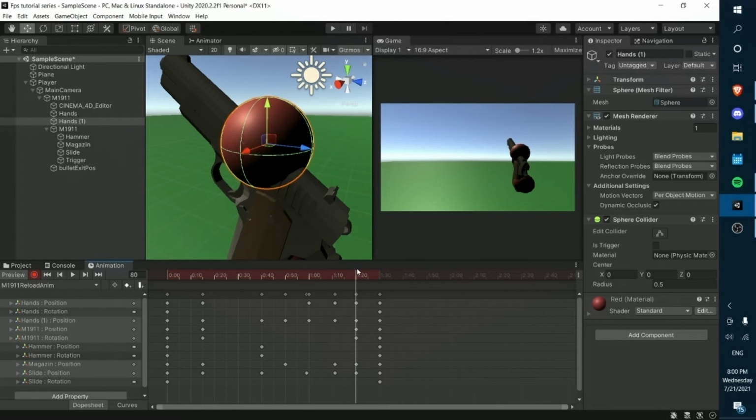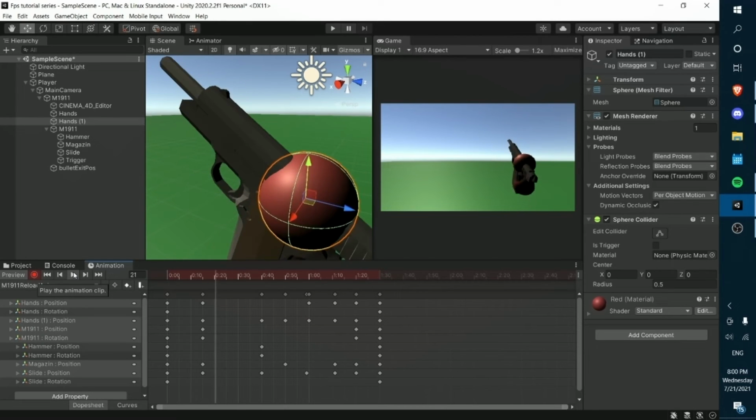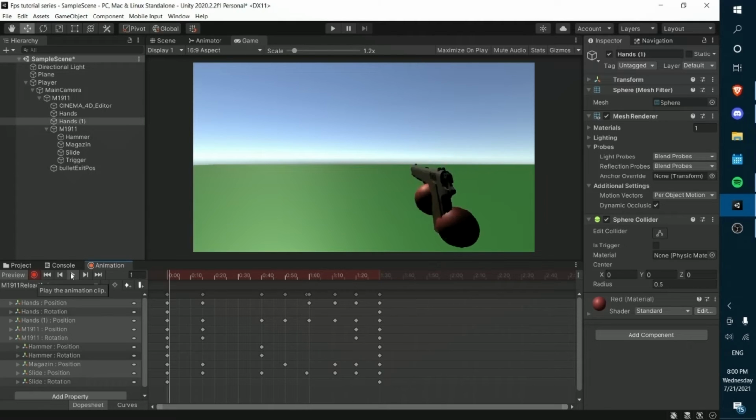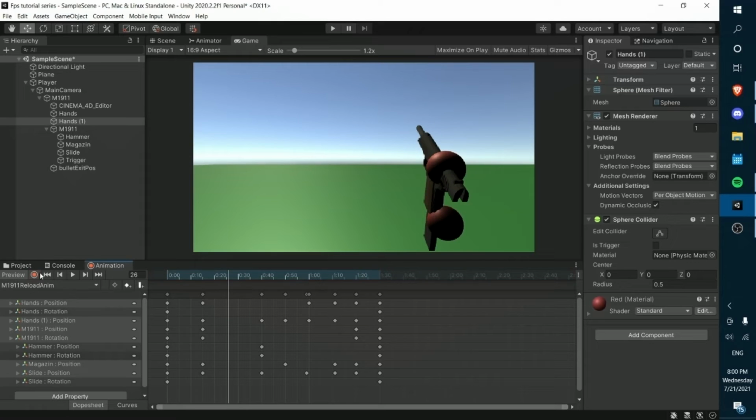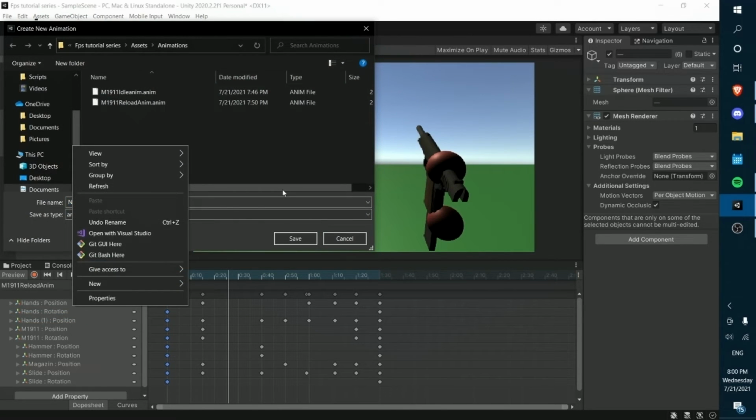Yep. So yeah, this looks pretty good. Well, okay, it doesn't really look good, but I think it looks good enough for my game. Obviously, you guys should make your animations better than mine, because mine doesn't really look good. So yeah, I'm also gonna copy this keyframe so we can paste it into our new animation that we're gonna be making called